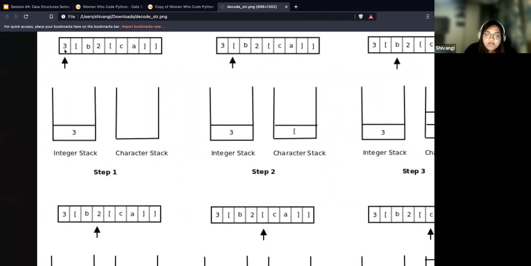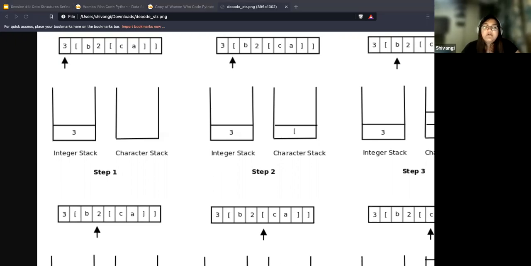Cool. Okay. So for the first iteration, you have 3, and since it's an integer, you are going to push it into the integer stack, right? So since the input is a string, you would essentially first want to convert the integer string into an integer using maybe an ASCII conversion or however you're comfortable, right?